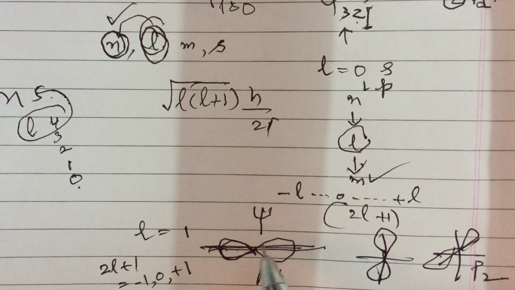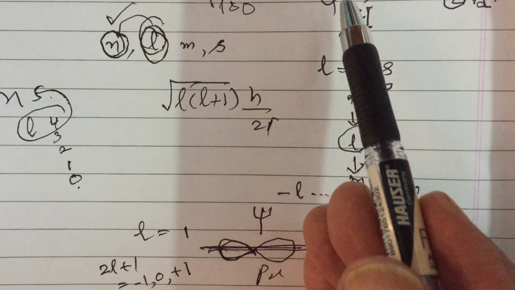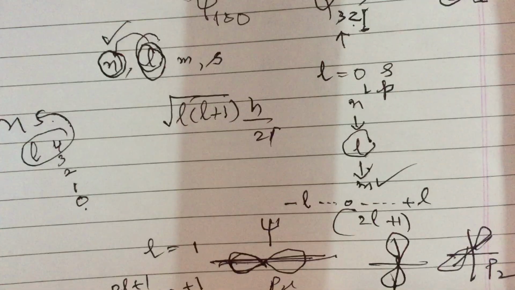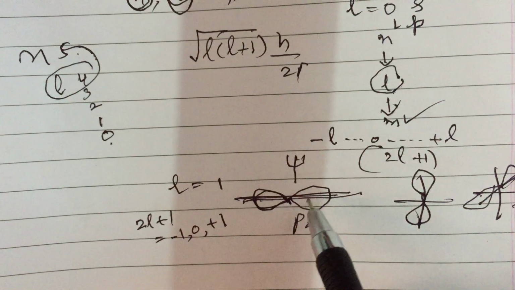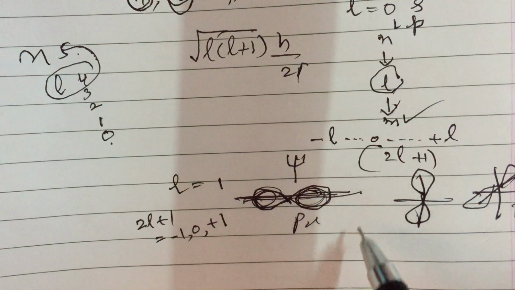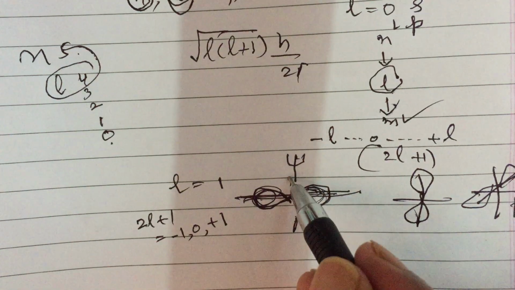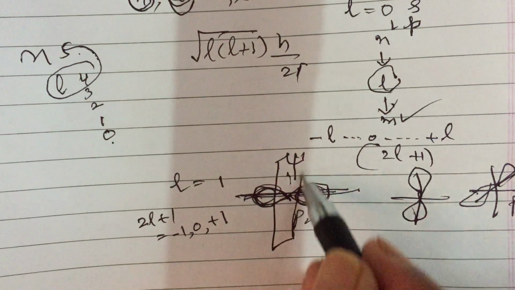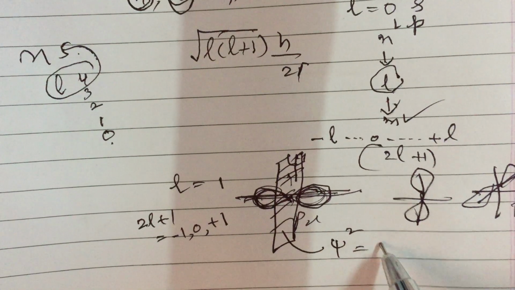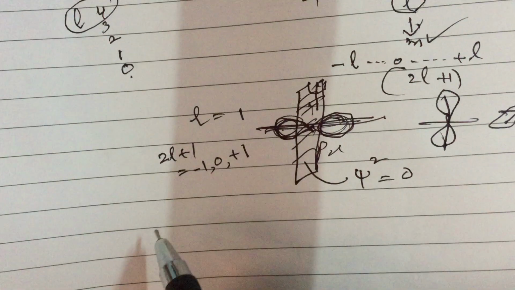So when you are talking of this orbital, the description related to the wave function, or this wave, electron wave, is obtained by acceptable solutions of Schrodinger wave equation. Now wonderful, when you are looking at this orbital, the probability of finding an electron in these two lobes for p orbital is 95%. But between these two lobes, in this plane, the probability of finding an electron, psi square, is equal to 0. That is called nodal plane.